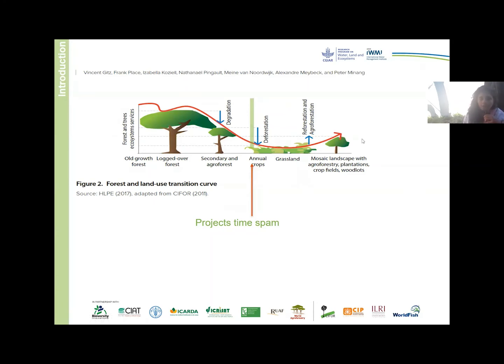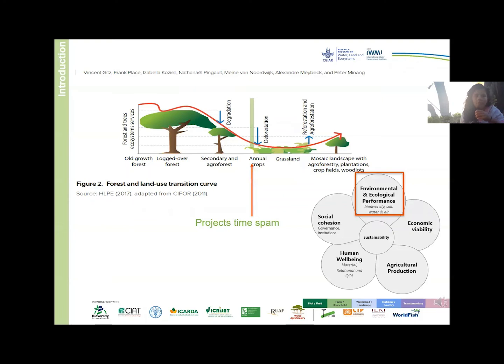And we also need landscape level planning for restoring the processes, services, and functions that restored agricultural ecosystems in drylands can provide. But yet this long-term process of going upwards is often challenged by the short span of restoration projects. So then the question is how with these short-term projects we can better respond and better help landscapes going in the upwards pathway to move faster and better in achieving or restoring their ecosystem.